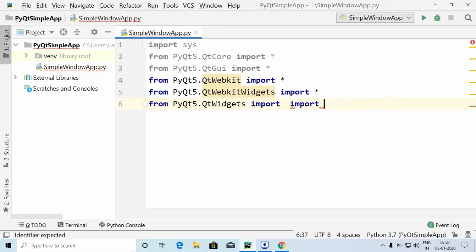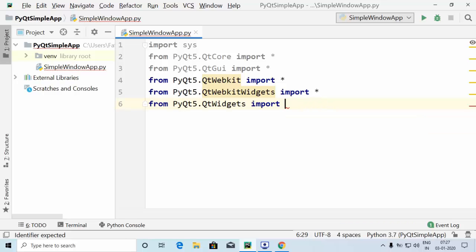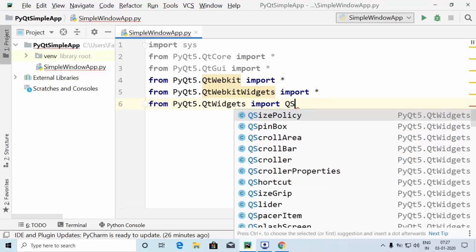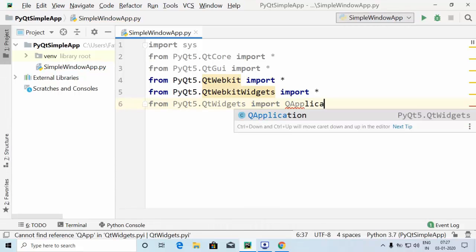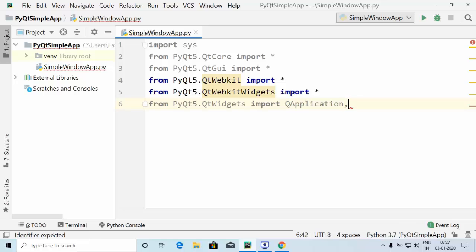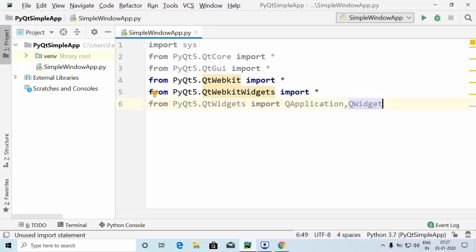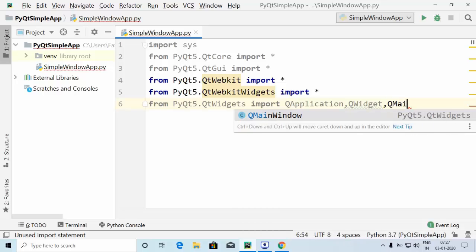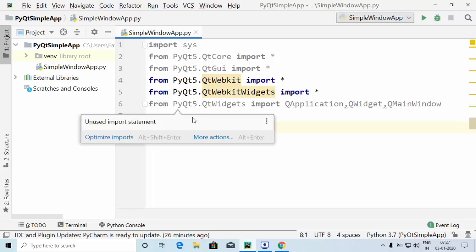Oops, I guess we have missed something, I used the import statement two times. So QApplication, and along with that, I'm going to import QWidget and QMainWindow. Here we go. We have imported the required modules.